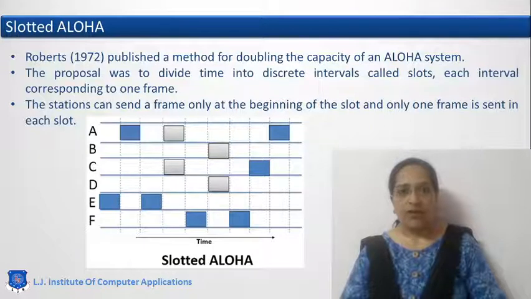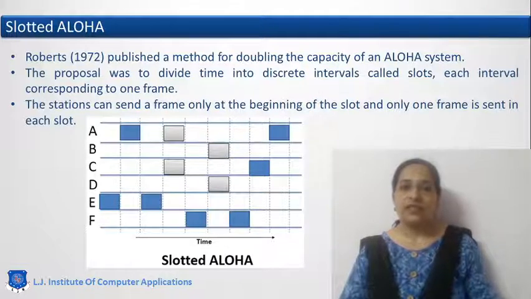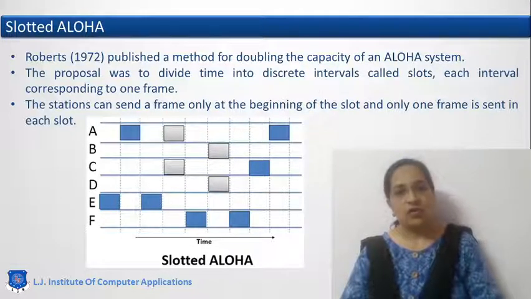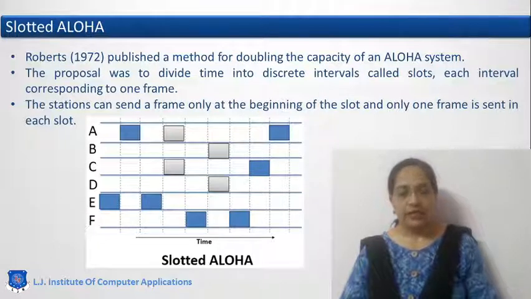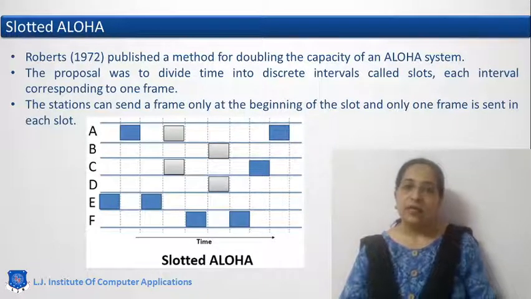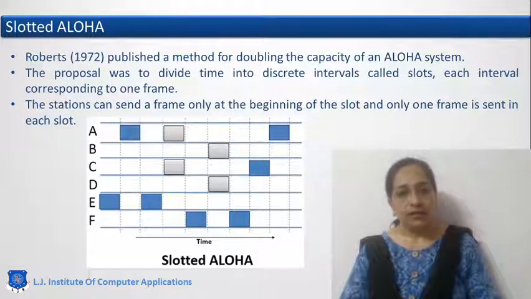Of course, if the stations are ready before the time slot and those stations transmit in that same time slot, there will be a collision. But even so, the collision rate is decreased, so throughput is increased in slotted Aloha compared to pure Aloha. Here in the diagram we can see that the gray frames are collided frames. Just 4 frames are collided. 6 stations are sharing the channel and transmitting their frames.